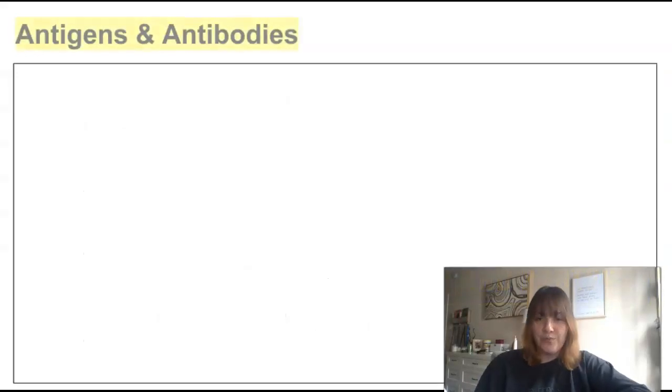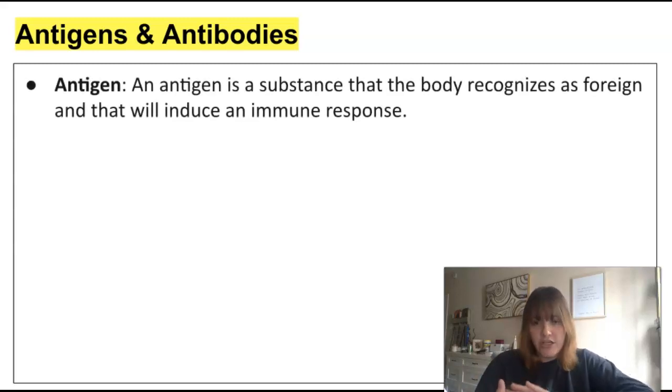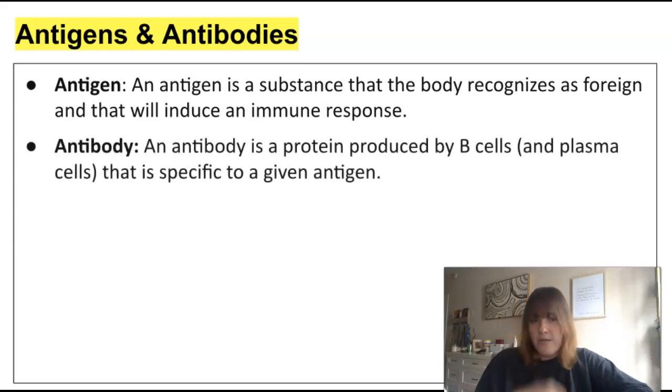Okay, so antigens and antibodies, because the last slide talks about antigens and antibodies. You need to know what they are, right? So an antigen is a substance that the body recognizes as foreign, and that will induce an immune response. So if your body recognizes antigens in its system, it's like, okay, sound the alarm, we've got to respond to this threat. Antibodies are basically the fighter of antigens. So an antibody is a protein that is produced by B cells. It also is produced by plasma cells, which you're going to see in a minute,